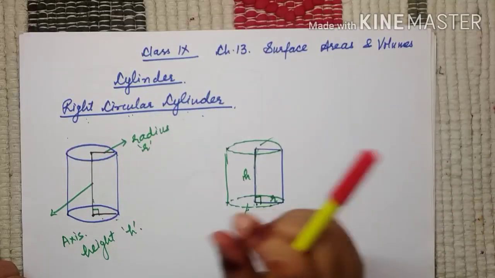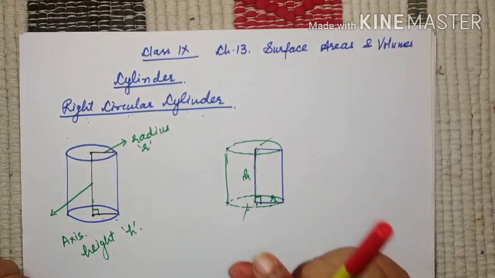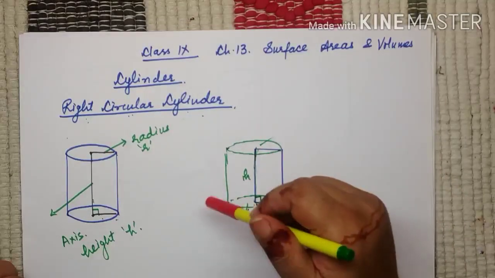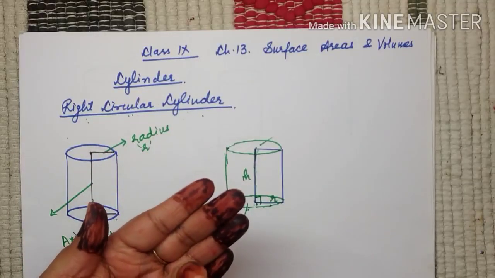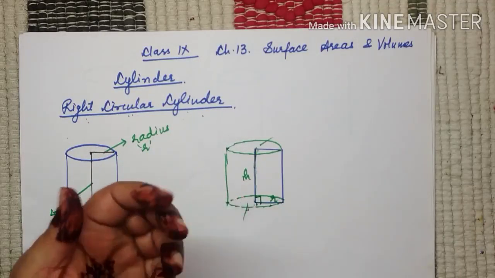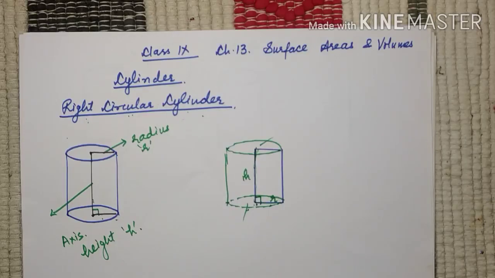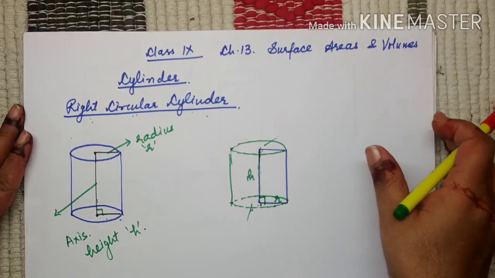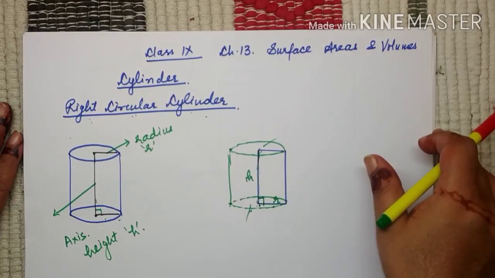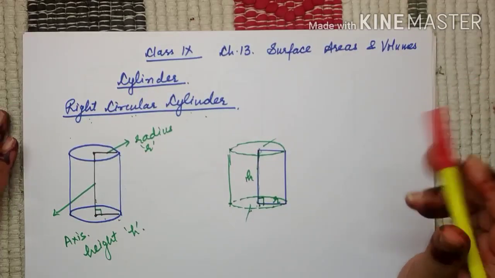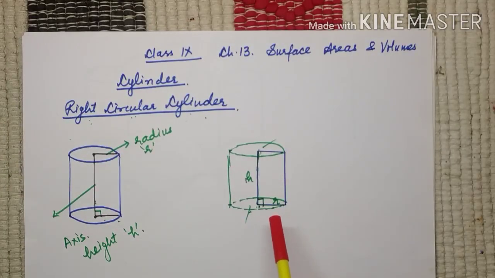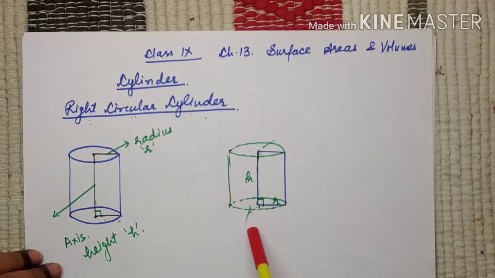You need to have same size circles to pile up, same size coins, in order to make a cylinder. Now if that coin tower, if I tilt it a little, that will not be a right circular cylinder. The Leaning Tower of Pisa is an example of the same. It's not a right circular cylinder, right? Okay, now understood, right circular cylinder. So from now on, whenever I use the word cylinder, it automatically means we are talking about a right circular cylinder.